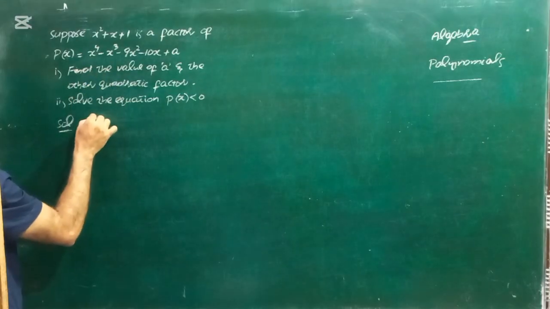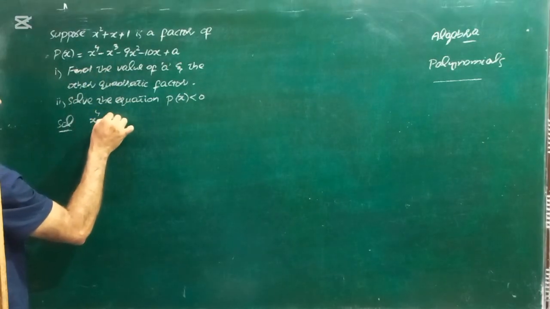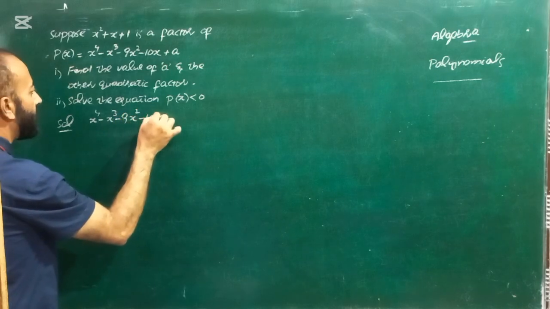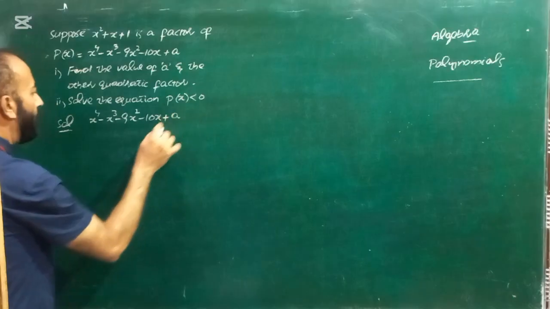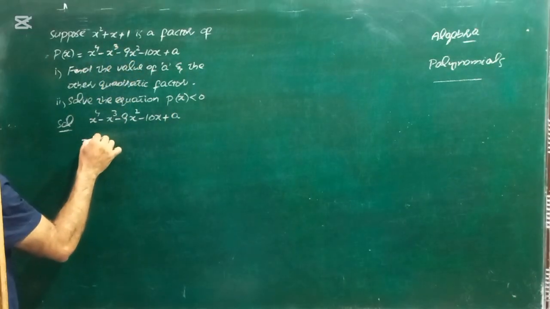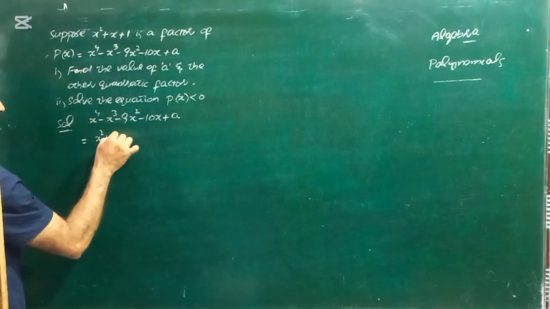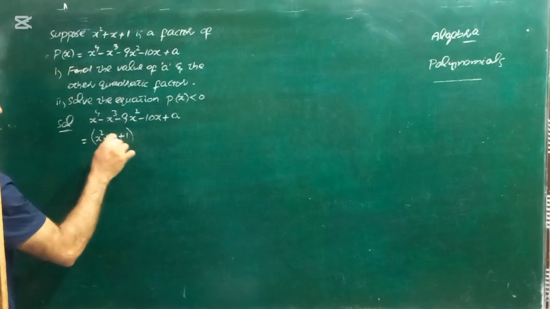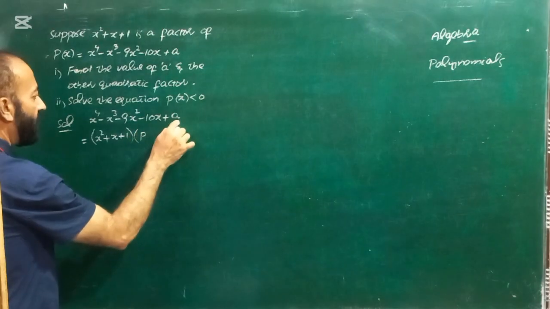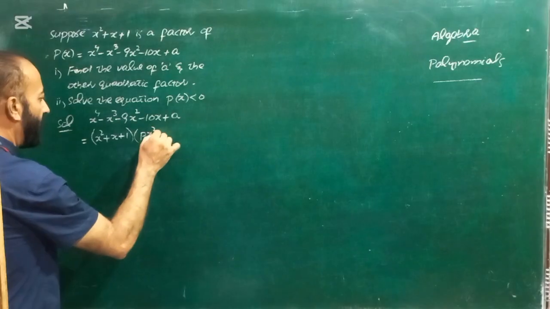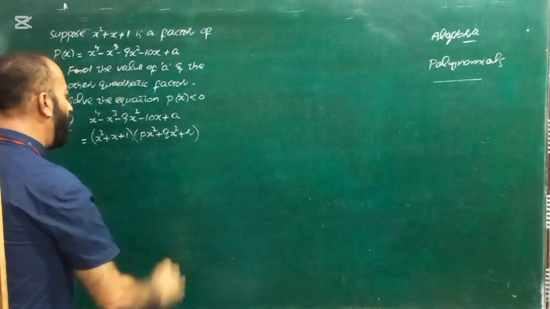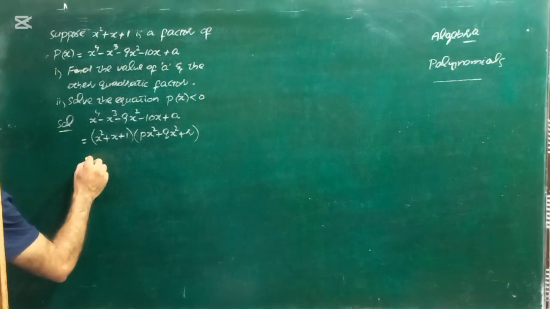So x4 minus x cube minus 9x square minus 10x plus a will be equal to one of the factors that is given. So that is a quadratic factor, x square plus x plus 1. And suppose the other quadratic factor is px square, because a is already there, so that's why we are letting it px square plus qx plus r. Okay, from here comparing